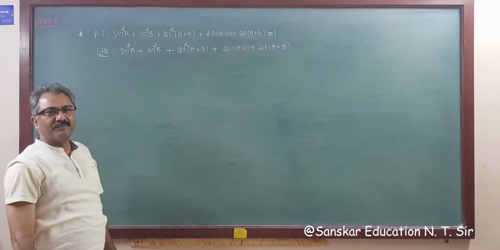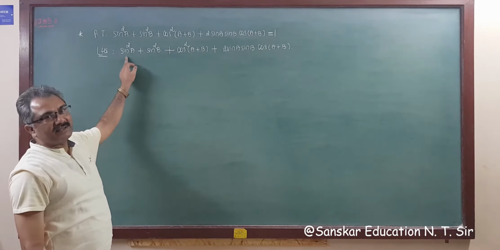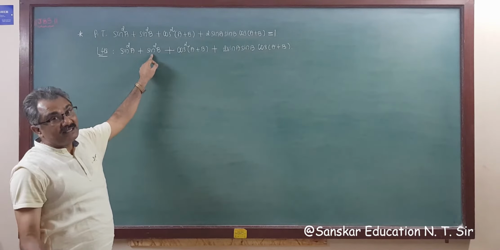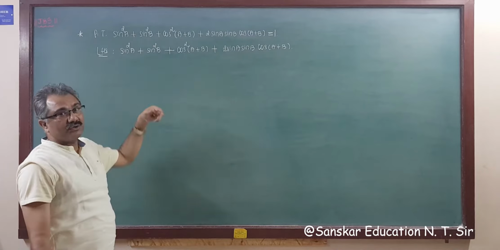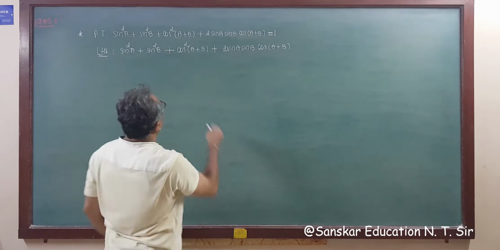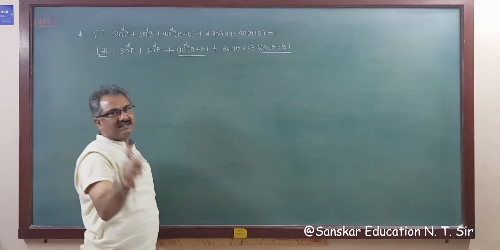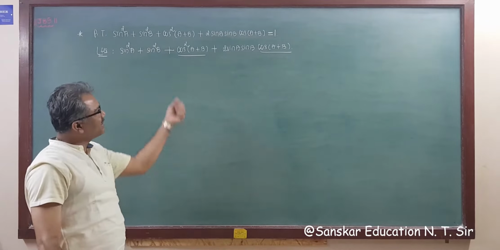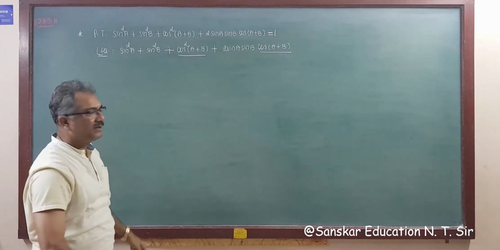This is given. Now, no idea. If this is sin square theta plus sin square theta, if it is cos, then sin square theta plus cos square theta is 1. But this is a, this is b, so we can't do anything. Now examine these two. We get cos(a plus b) common from this. There is one hop. So first taking cos(a plus b) common. बाद में देखते हैं क्या होता है आगे, right?